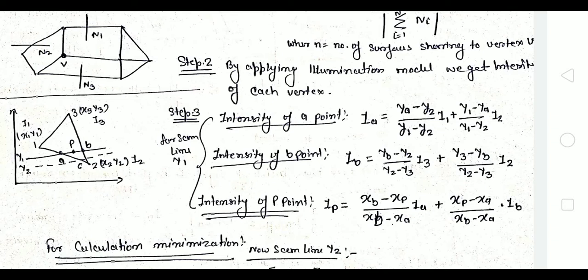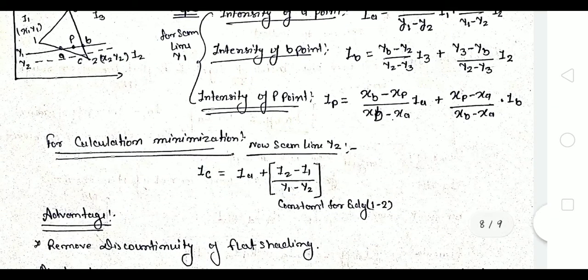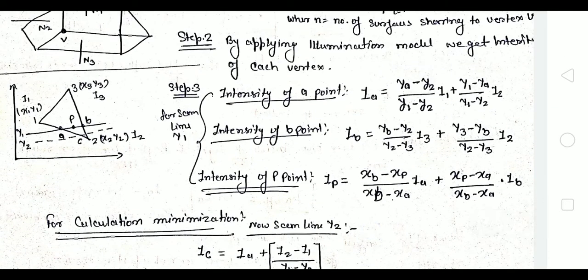For B, IB is equal to (YB minus Y2) divided by (Y2 minus Y3) times I3, because it exists on the 2-3 edge, plus (Y3 minus YB) divided by (Y2 minus Y3) times I2. And the intensity of P, which exists on the AB edge: IP is equal to (XB minus XP) divided by (XB minus XA) times IA, plus (XP minus XA) divided by (XB minus XA) times IB. You can understand; if you have any problem you can ask me also. Like this you can find all the intensities of the